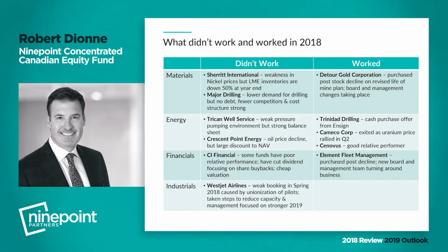In energy, the entire sector was weak, but two holdings really disappointed. Crescent Point Energy fell 55% as commodity prices fell, while the company attempts to restructure to improve returns. Trican dropped a shocking 71%, as market conditions are much weaker than expected. Investors are not seeing through this period of weakness, despite the stock trading at a sizable discount to replacement and having minimal debt, especially compared to competitors. We believe both securities are grossly discounted and are well positioned to more than double from low expectations when the